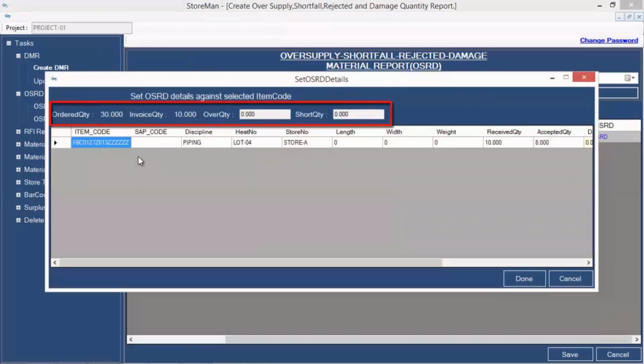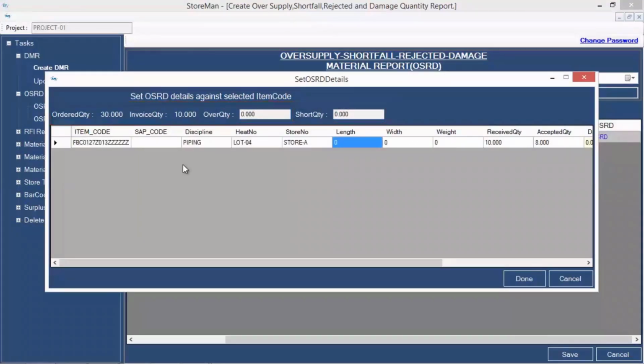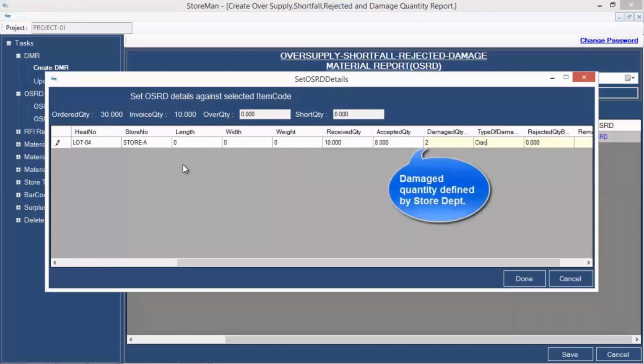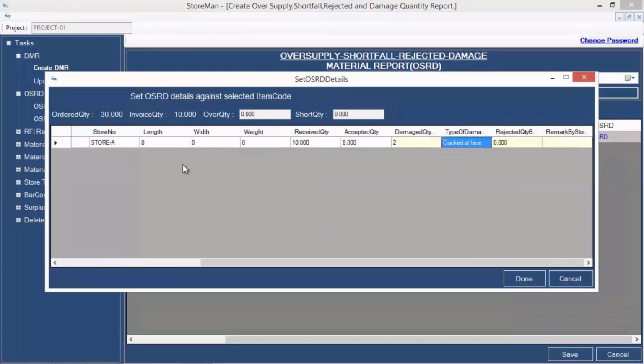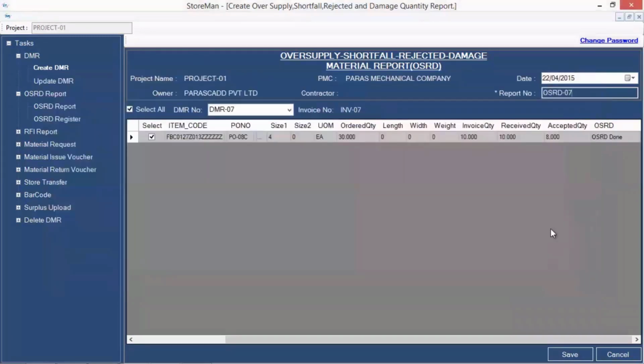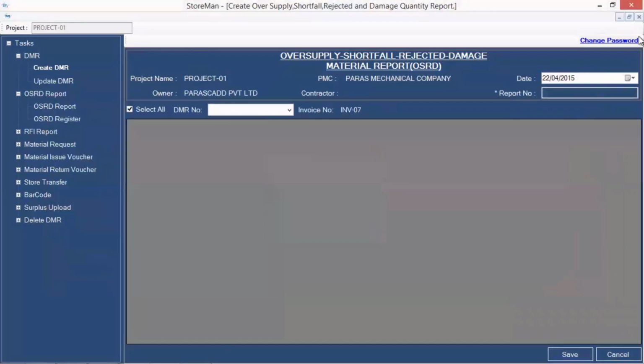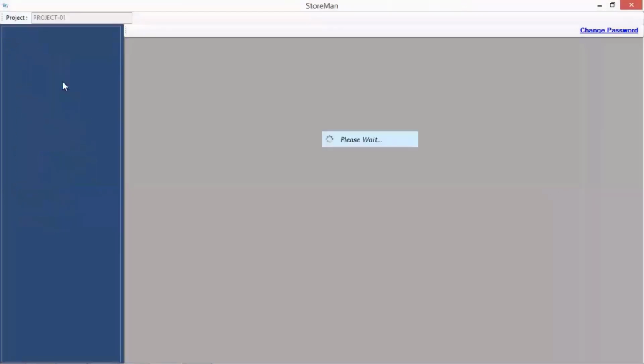And as a store department, I have to provide the inputs of my rejections. So basic input details I can see on my screen: received quantity, accepted quantity, damaged quantity. So I am stating here that 2 quantities were damaged, like those were flanges, cracked at the face. It was clearly visible over there. So the store department, who is a non-technical person, has also stated those rejections.